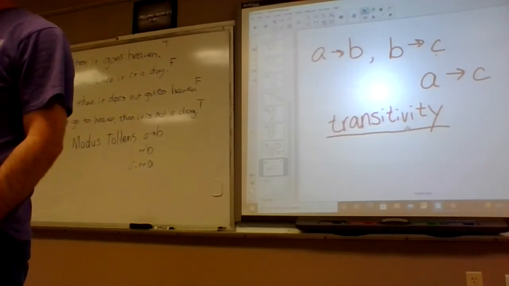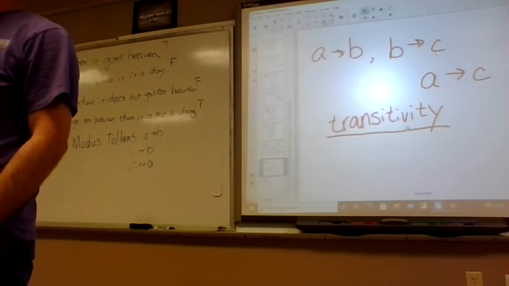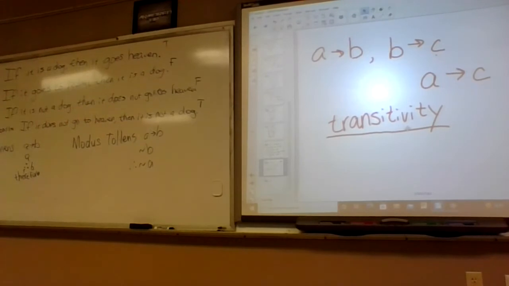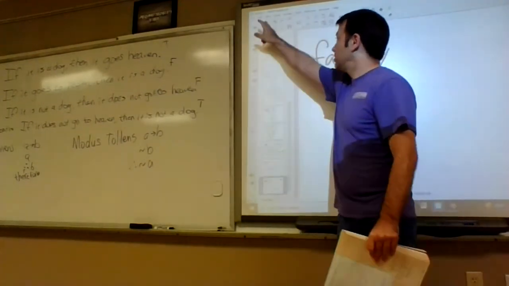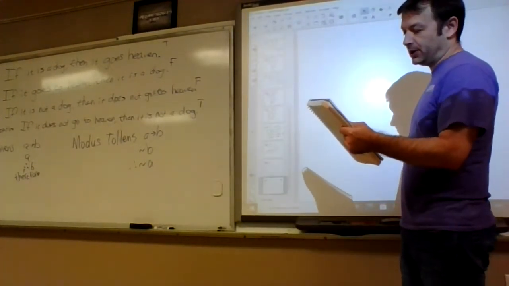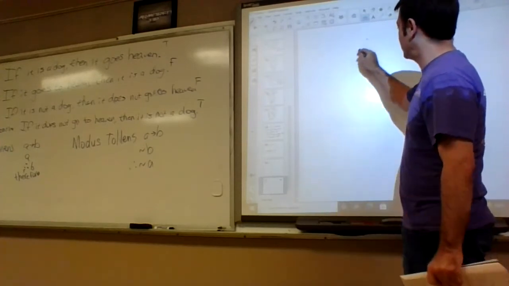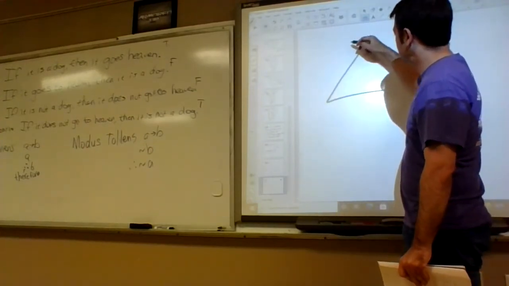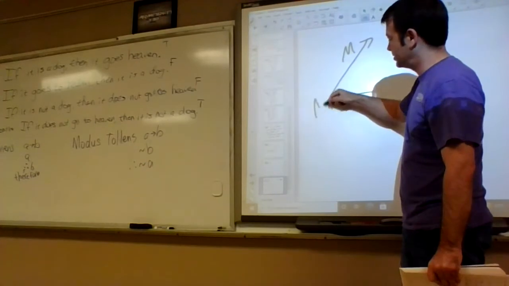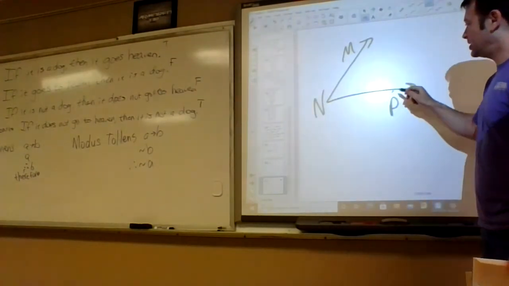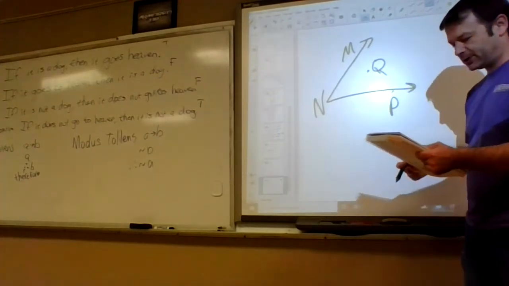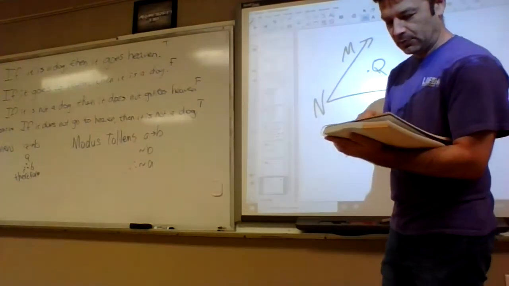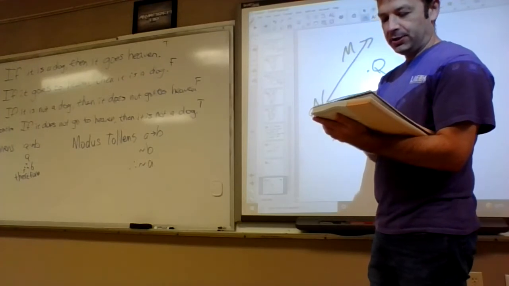I'm kind of confused on 20, I think. Jumping ahead here, I was only going to go to 18. 18, if point Q, we probably should draw a picture for this one, this confuses people. If point Q lies in the interior of angle MNP, so angle MNP maybe looks like this or something. And Q is in the interior. The Smart Board is screwing up. It usually does at this point.